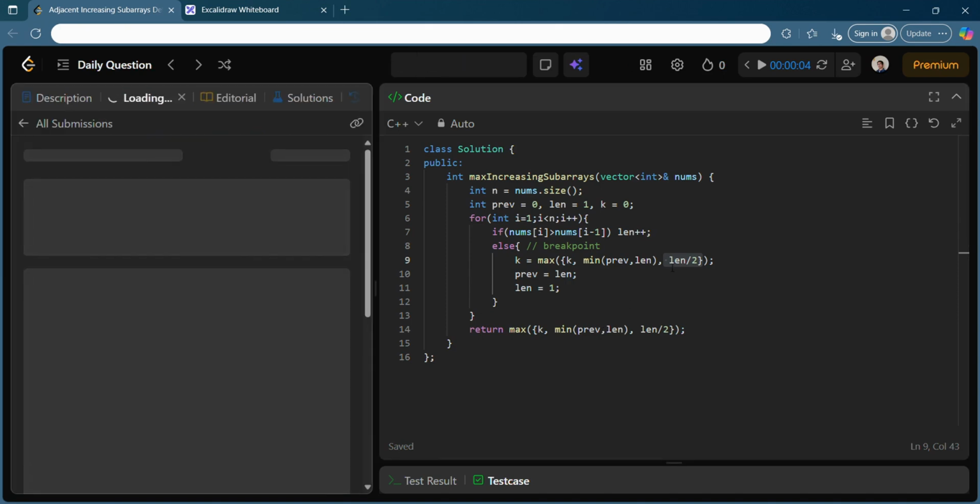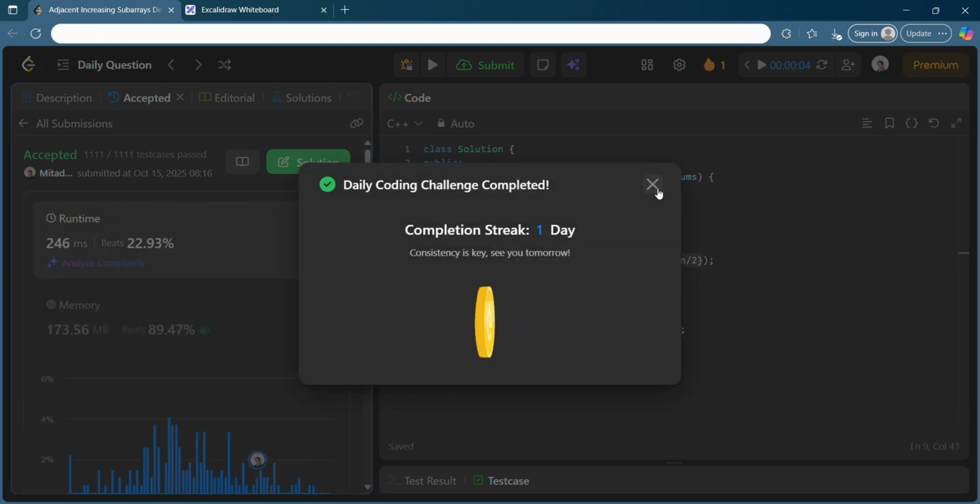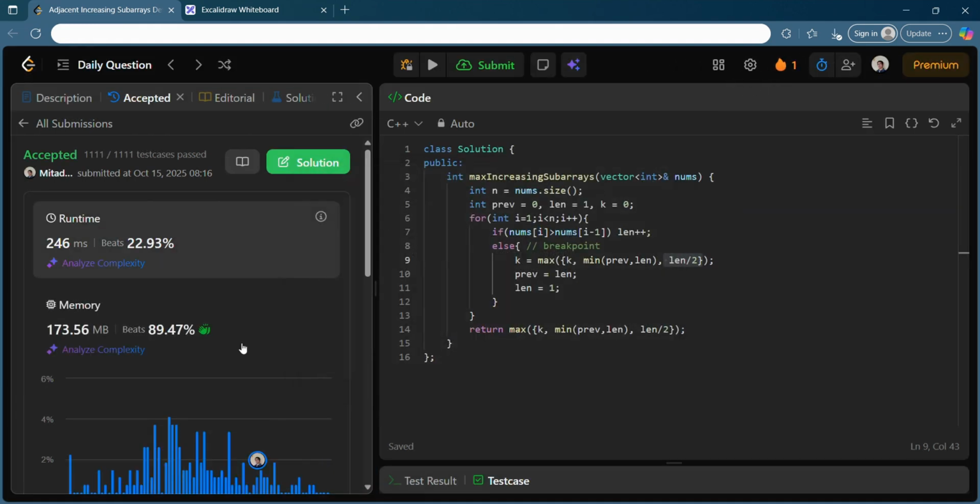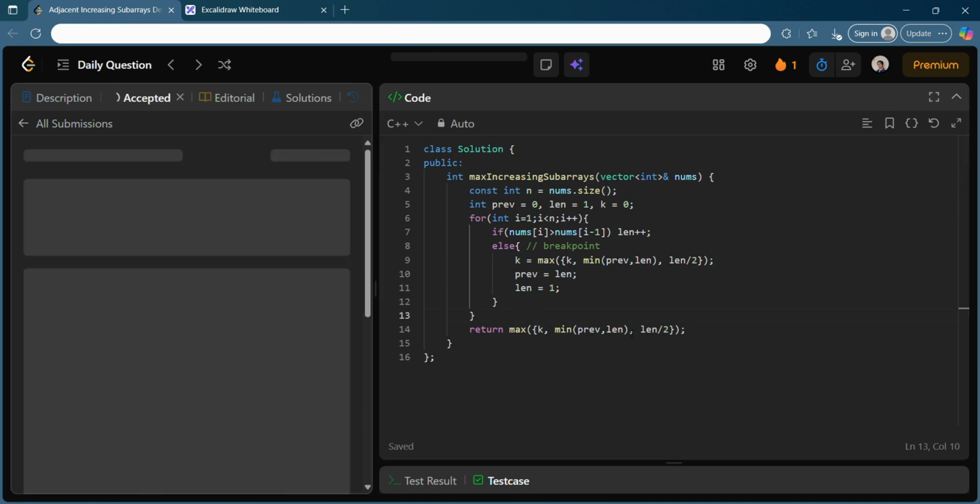Let's see. So you see, we do get an accepted solution, and I don't know why it is not giving an optimal runtime. With the same code, I have got a better runtime earlier. So I hope, yeah, it varies a lot. If it varies a lot, you can just tell me what the percentage bit shows, because you see, we are not even doing n log n. We are doing a simple O of n solution, and there is no difficulty in this, it's a simple linear solution.